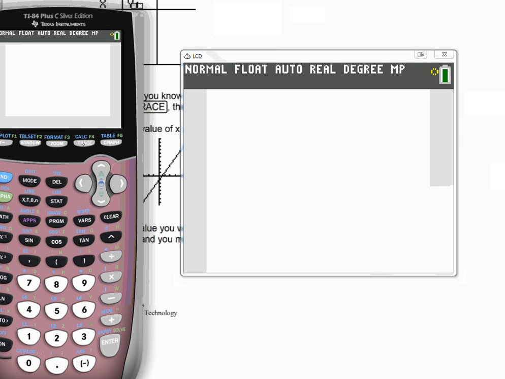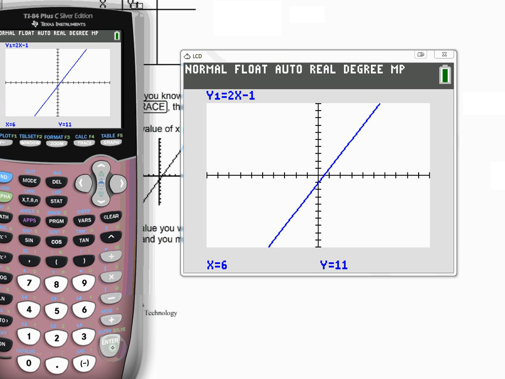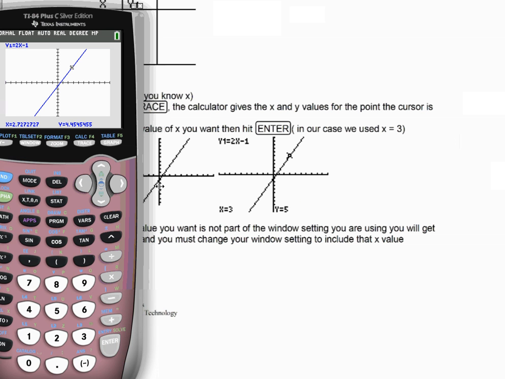Okay, so trace, we talked about trace a little bit. Trace has to be within your window range. When you're in trace, you can also use your cursor and scroll along, and it doesn't give you nice points though. I don't know if you noticed that. Left and right or up and down. We're gonna have to go left. See, can you see it now? There he is. They're not nice points though. Okay, so